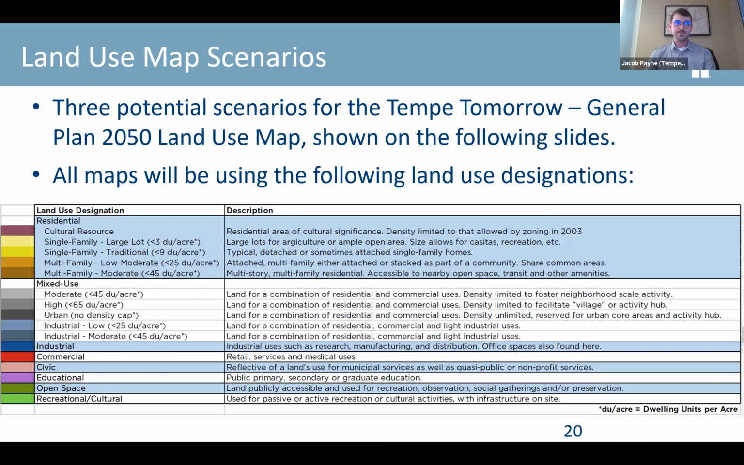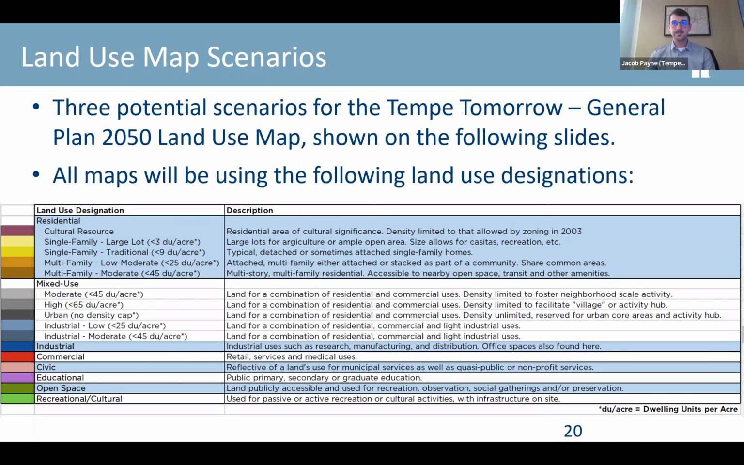So we have the cultural resources staying as I was previously describing, with the limited density to what was allowed by zoning in 2003. Following that are 2 single family land use designations. There's the large lot, which is less than 3, and the single family traditional, less than 9. And that's the typical single family 6,000 square foot lots that we see across the city. Following that, there's 2 multifamily land use designations, up to 25 dwelling units per acre and up to 45 dwelling units per acre. And then under that